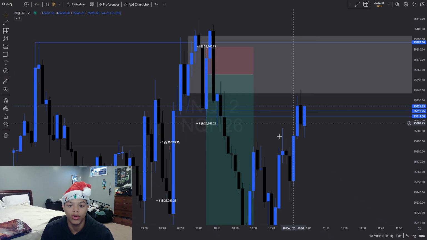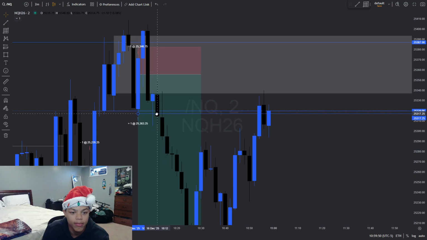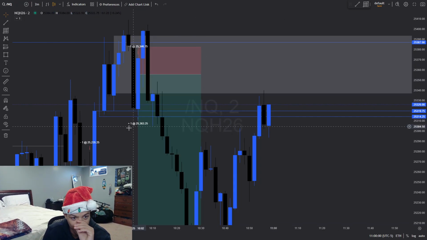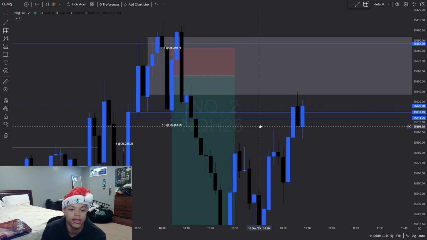So boom, 5-minute order block. We see that. We see our equal lows being formed. This should have been my lowest equal low right here. Or even I could have kept this as my lowest equal low. I was correct with my lowest equal low. The only thing I wasn't correct in is us displacing it. We did not have valid displacement from this lowest equal low. All right, boom. We did not surpass it.